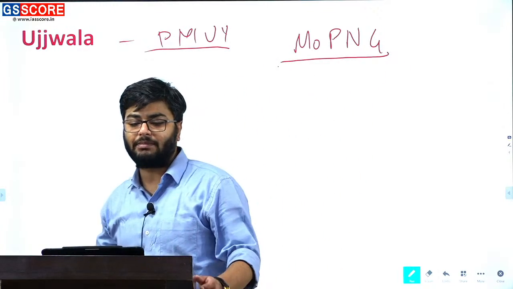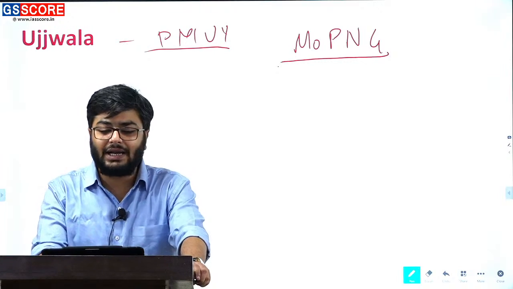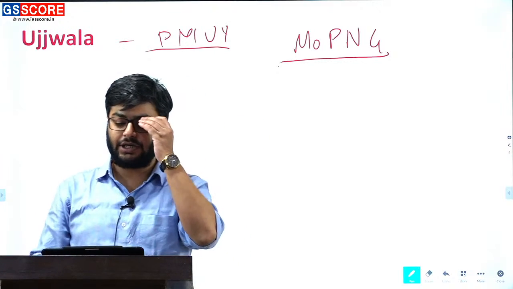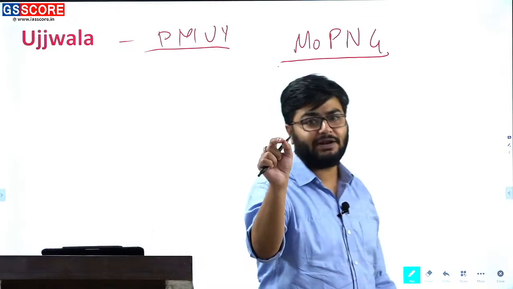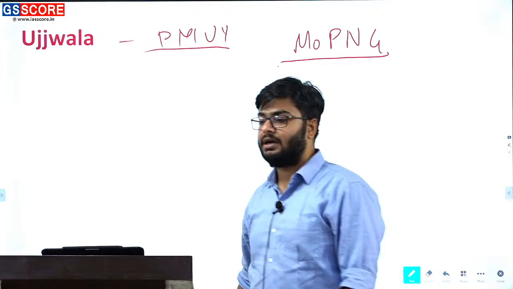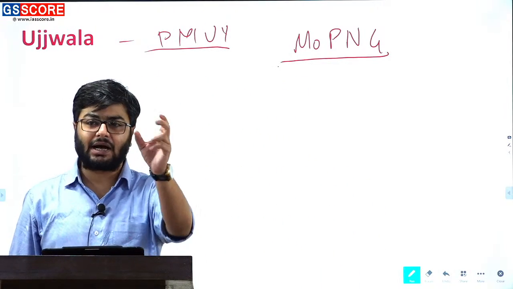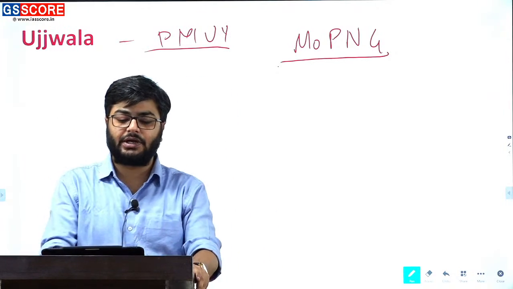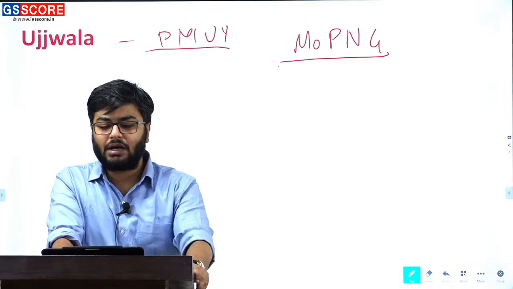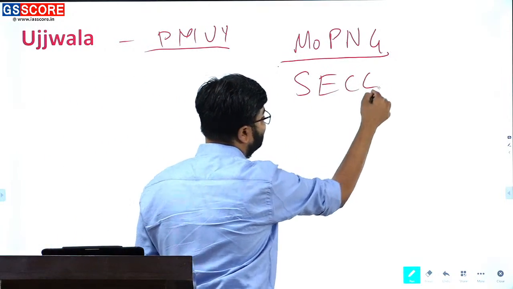Ministry of Petroleum and Natural Gas to provide clean cooking fuel, that is the LPG, to women below poverty line. Interestingly, the targeted beneficiaries are women, and it is not looking at the family, etc. The women are considered as head of the household and they are provided with subsidies. Okay. The data that they take is socio-economic caste census,